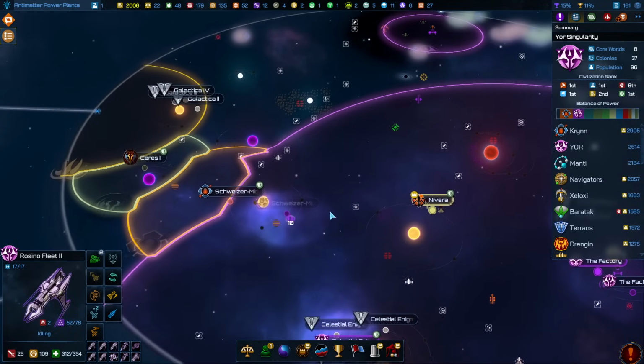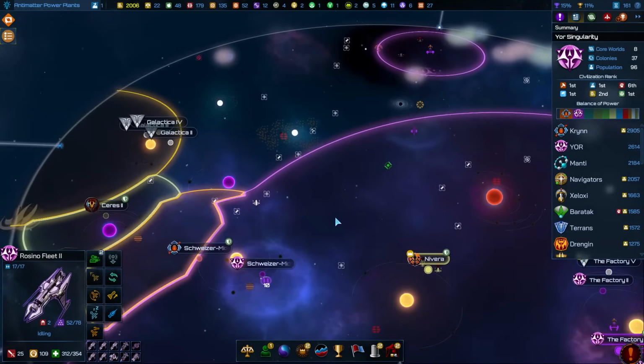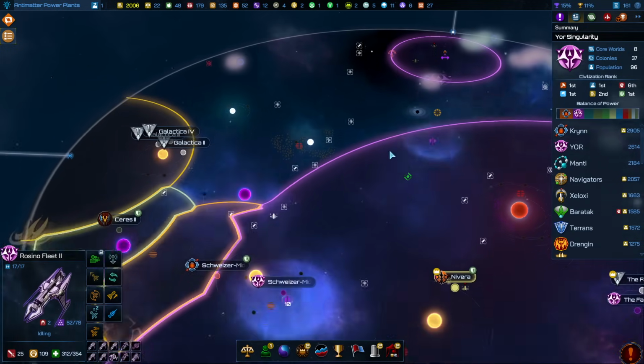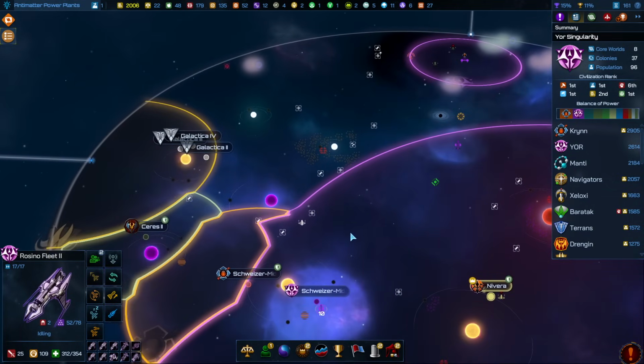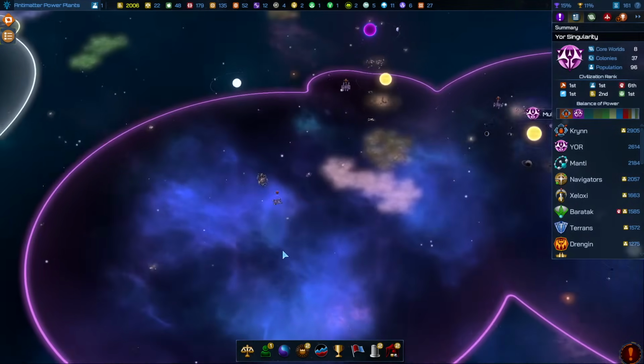Okay, so that's where we boop that little neutral thing. Random gunboat over there. Yeah, we're definitely gonna need a bunch of stations over here. You get a life relic. Growth doesn't matter for us, but it'll be nice to deny it from someone else. But before I end my turn again,